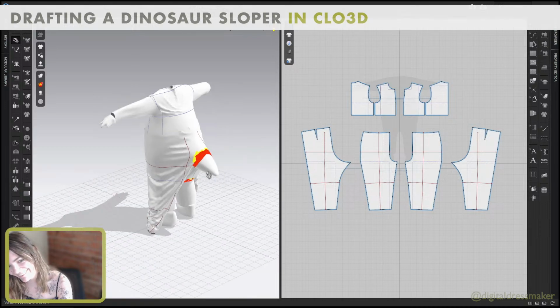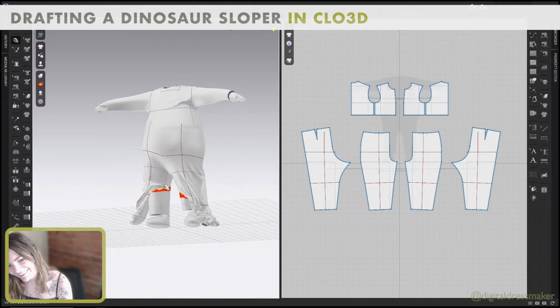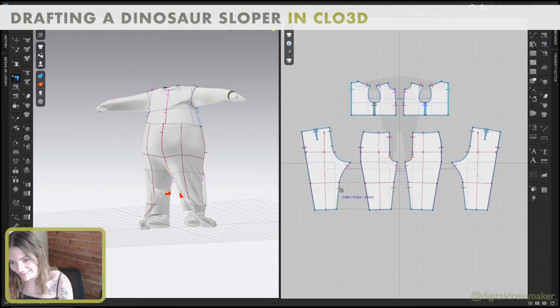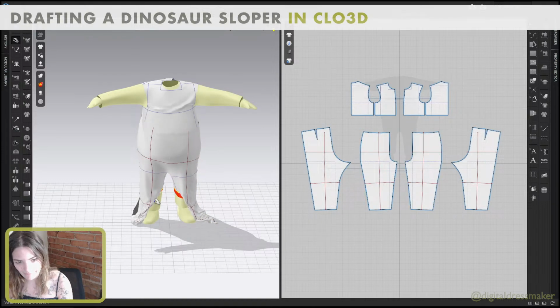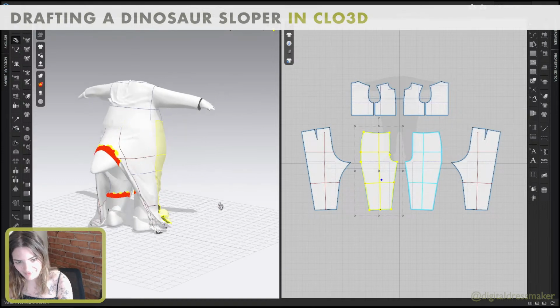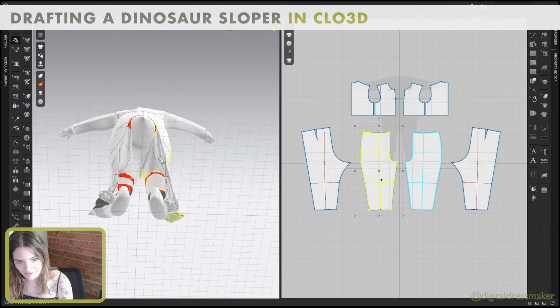Oh no. Okay, well we're gonna need some help here getting this around here. I actually might undo some of this sewing below the knee just to make this a little bit easier. How about that? Go there, go there. Let's see, and just loosen it up a little bit. When you're sewing on an avatar, it does a little bit of a, oh,